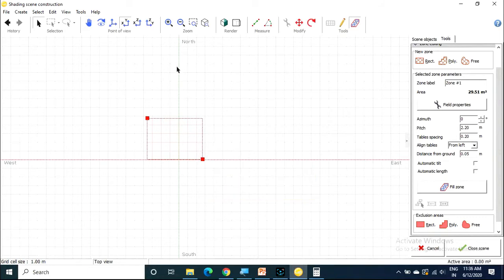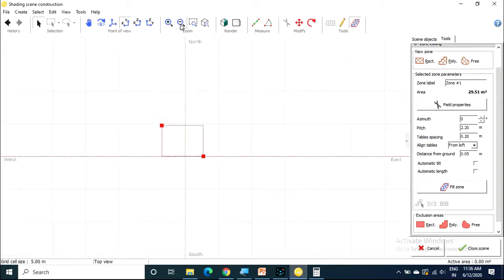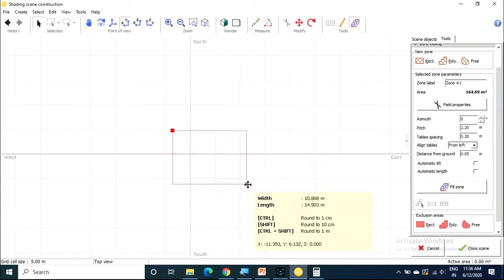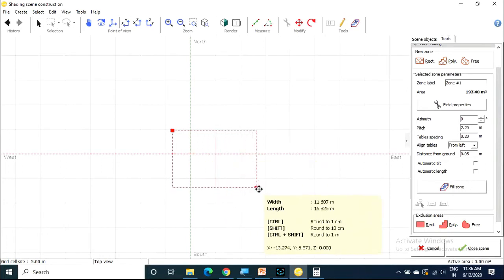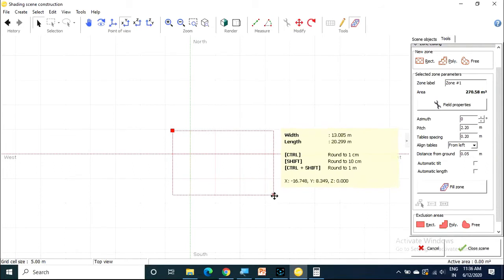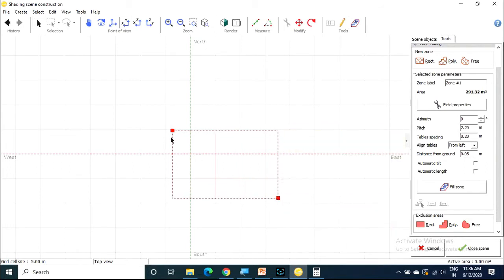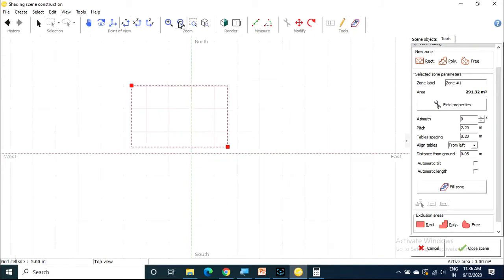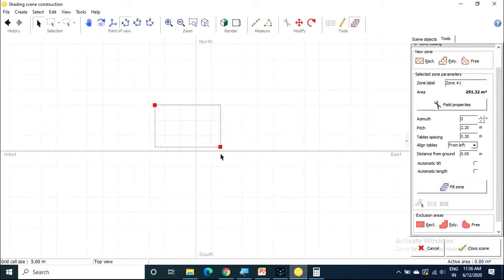Okay, so I will write. Now see, the area is increasing. You can click here and adjust the area also, for correct visibility.